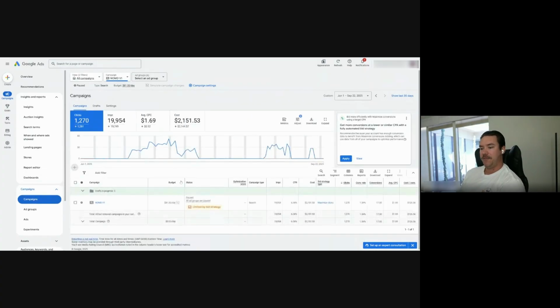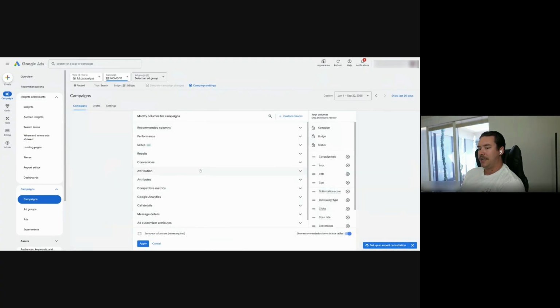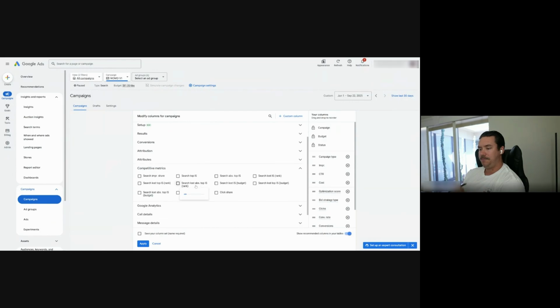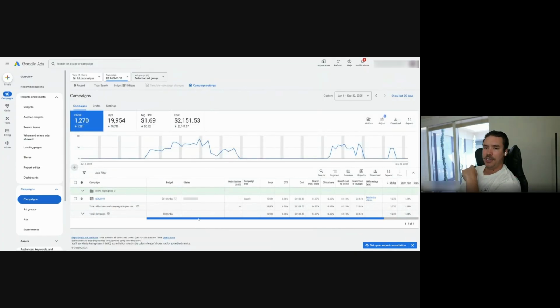So besides conversion tracking, there are two things I'll point out. This isn't going to matter a ton right now, but you will see it start to matter. I always look at my competitive metrics here. Search impression share. I don't really care much about the top as of right now. Search lost rank. Search lost budget. And I'm going to show you auction insights too.